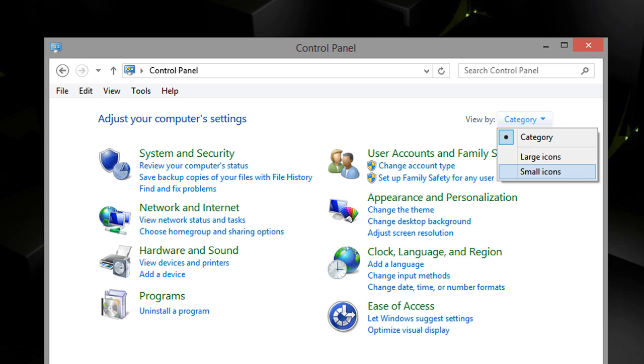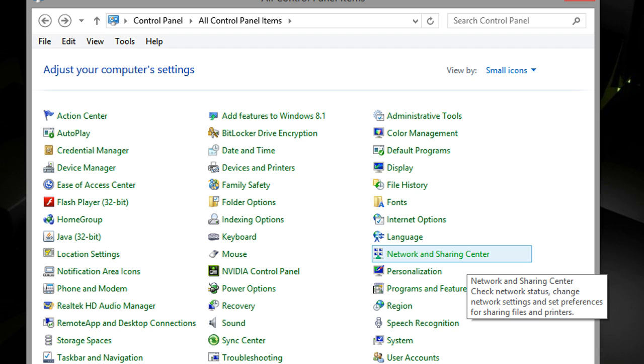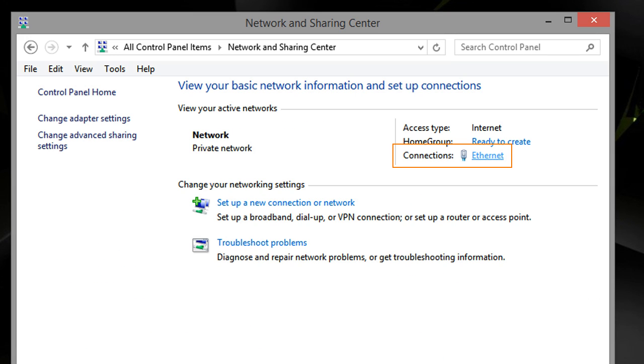But anyway, open up your Control Panel. On the right hand side near the top, there's a category drop down; go to small icons. I just do this because it makes it easier for me to find things, and it's just the way I'm used to using the Control Panel. Anyway, go down to Network and Sharing Center. Click on that. And now on the right hand side, about a third of the way down, you'll see Connections. I have it highlighted here in orange, and for me it says Ethernet. So I click on Ethernet,